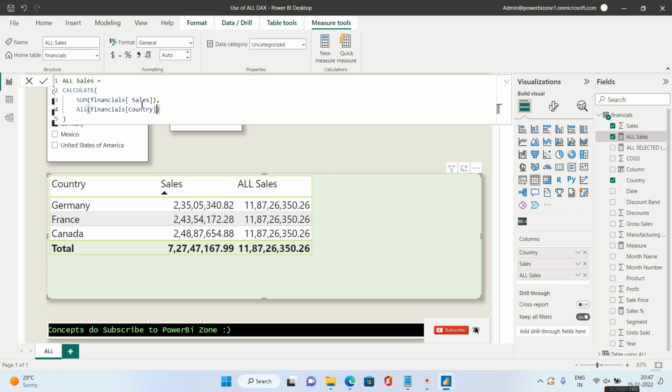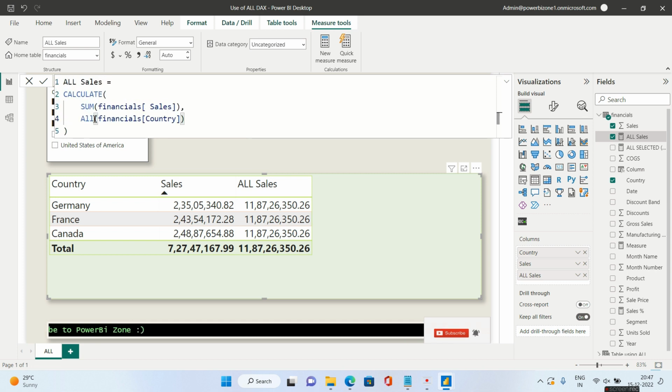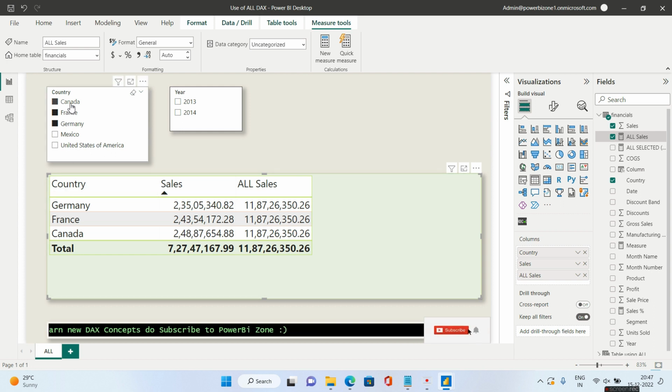Simply, I have created this using CALCULATE, SUM of sales, and inside ALL I have given this country column. What it is doing is removing any filter context that is applied on this country column. To explain this simply, I have chosen Canada, France and Germany in the slicer out of these 5 countries, hence you are able to see Canada, France and Germany in your table visual as well. But what ALL will do: the first row has a filter context coming in for Germany, France for the second row, and